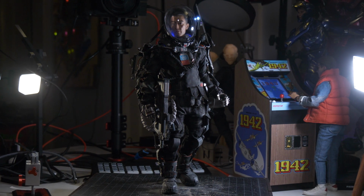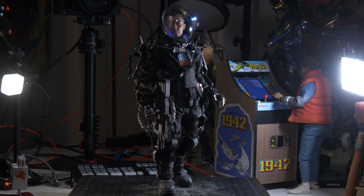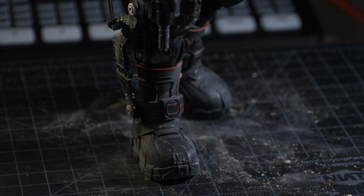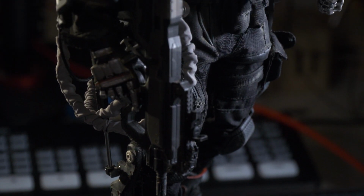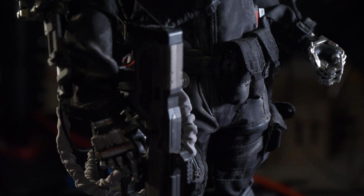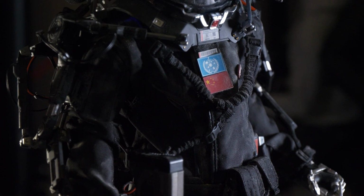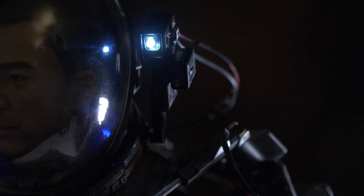And then of course we're going to take some pictures, but wow, I'm really happy with how this looks, and it looks much closer to the costumes that were made for the film now. This was just a really, really fun, quick build, and it let me use that new micro LED light, which I'm sure we're going to be using a lot in the future. So I'm going to get that weathering on here, grab some photos, but thank you so much for watching and